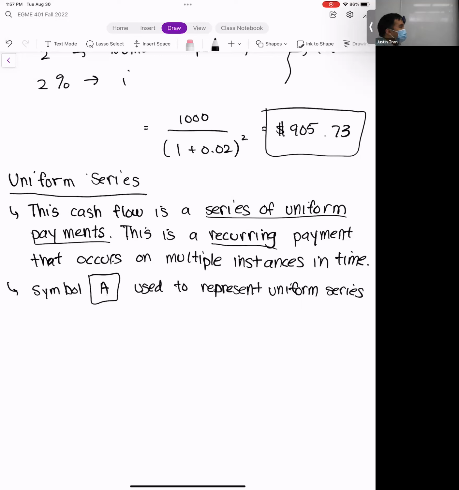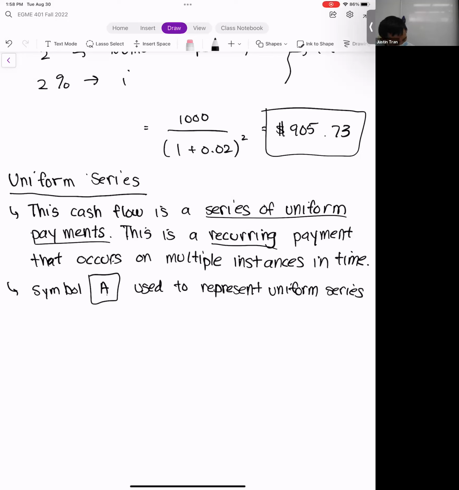So if you look back at our cash flow diagram, remember, we always made the assumption that all the payments or all the cash flows occur at the end of the time period. And for a lot of engineering projects, these are planned, in general, on a year-by-year basis, right? And so each of the tick marks on your cash flow diagram are going to represent years. And so this A here represents a payment or a benefit that you get annually, right? And so the A stands for annual here.